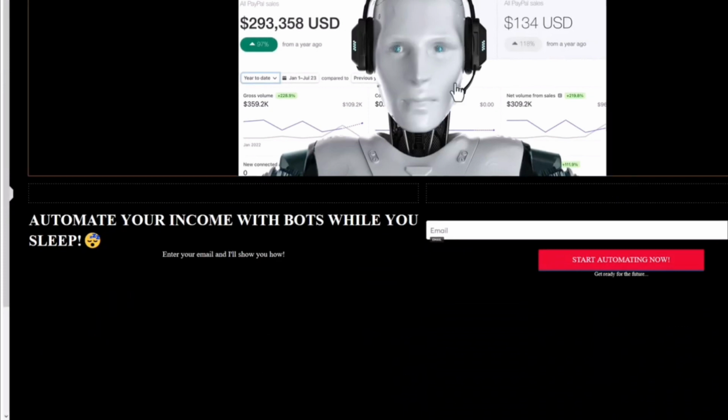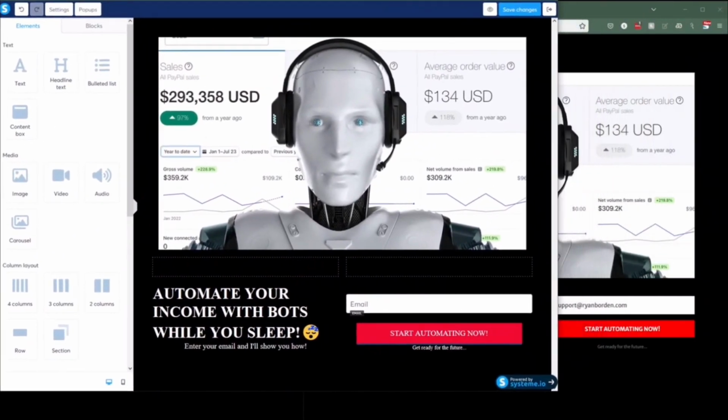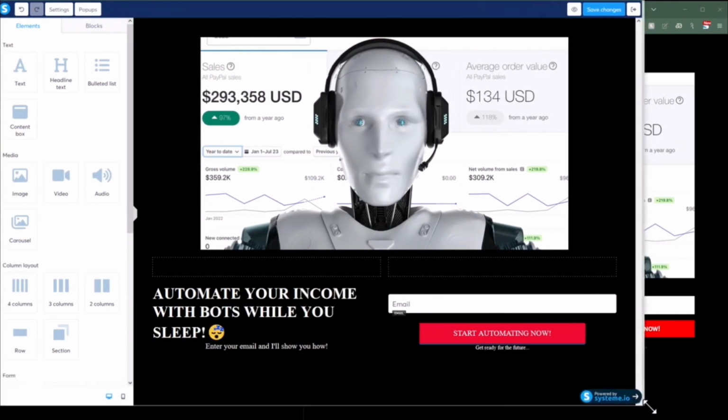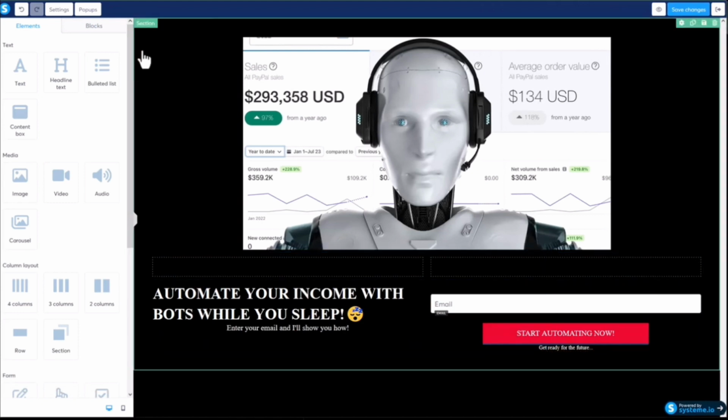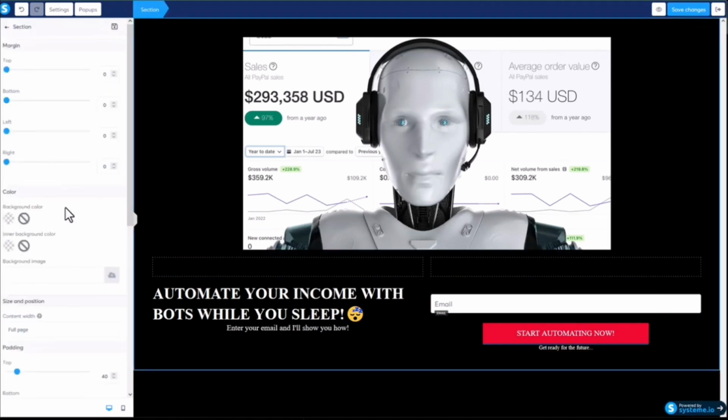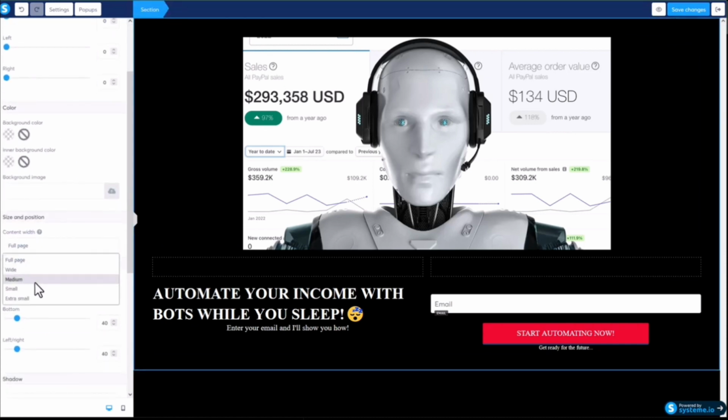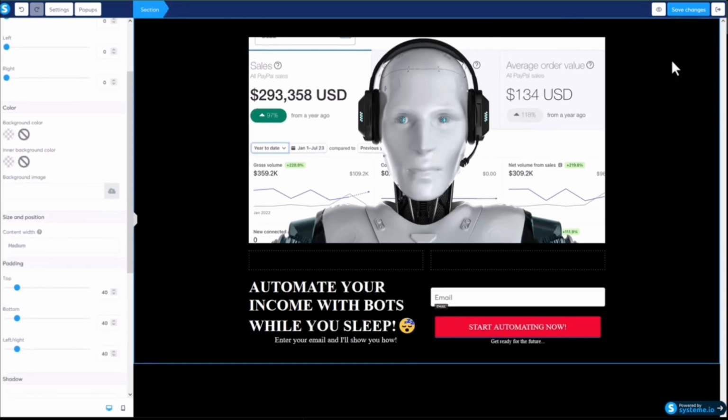Lastly, what we need to do here is we can see that this is totally out of whack. See how this extends beyond this? We got this whole section. If we zoom out, select the green section for the whole thing, go to settings, and set content width to medium, that's going to bring everything together. So we save the changes and voila. Now we're good to go. Let's exit out of here